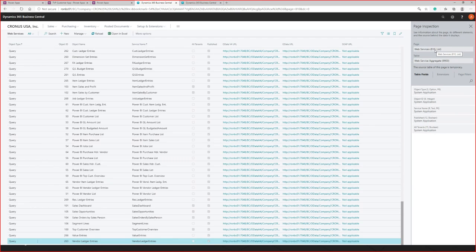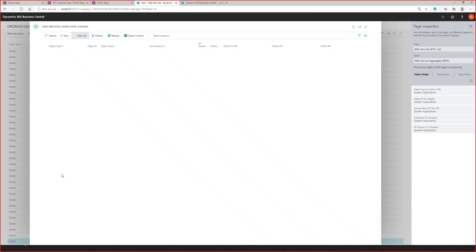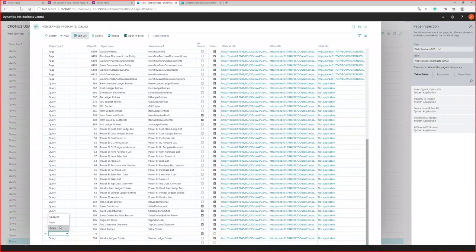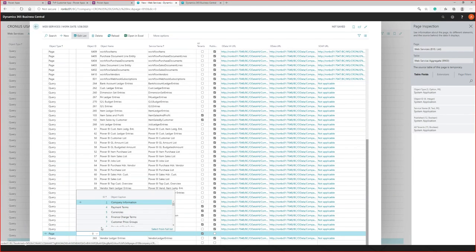Okay, that's the quickest way I get to it if I need to do that. It tells you what page it is, all that information, and what table it's pulling from is pretty good. Now when I say new here, and I click page, and I click the down arrow here, it's going to give me a list of everything. So I can scroll down through and look, but there's thousands and thousands of pages here.